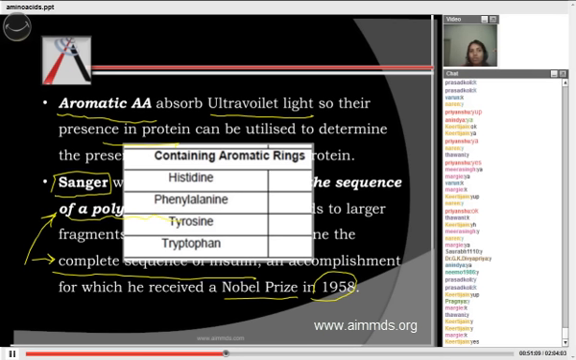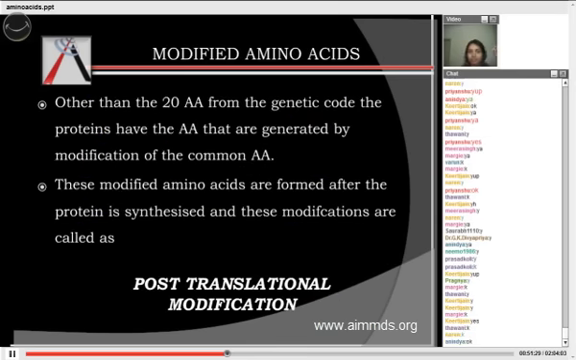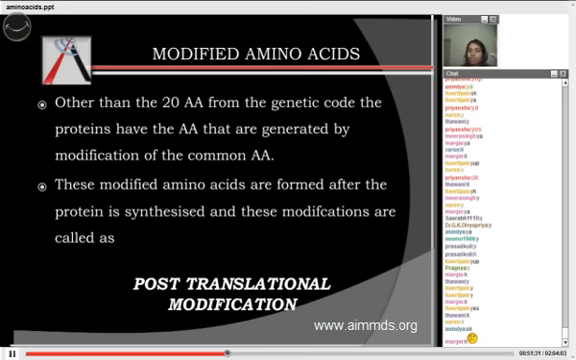Since we had been talking about aromatic amino acids, let's just look back. We just saw it in the chart before. Histidine, phenylalanine, tyrosine and tryptophan. That chart is very important, guys. You need to mug it up. Then we have something called modified amino acids. Other than the 20 amino acids